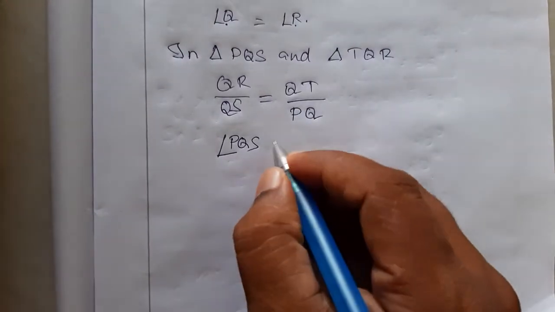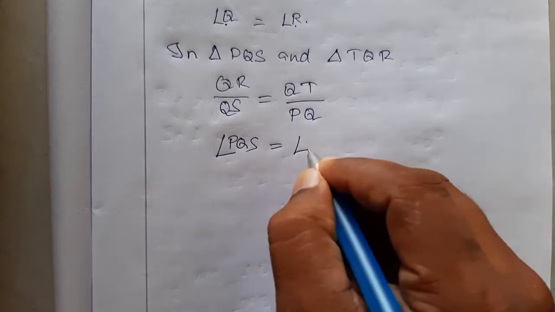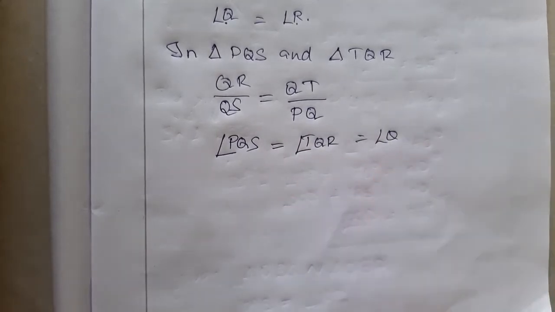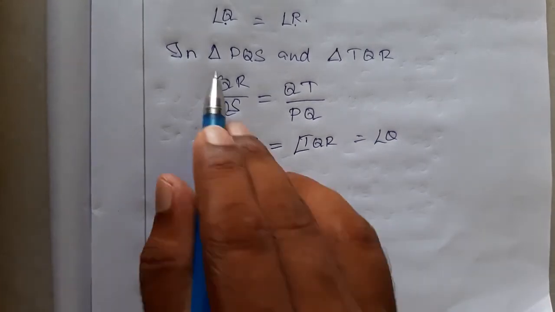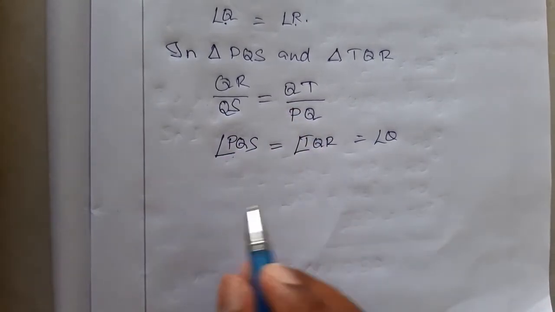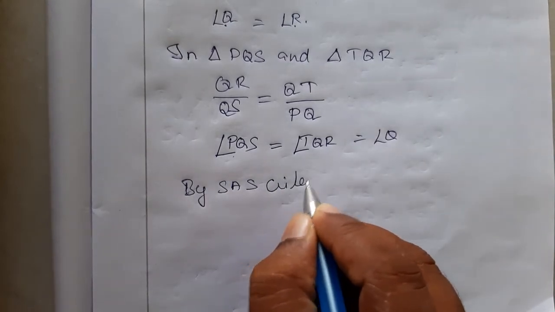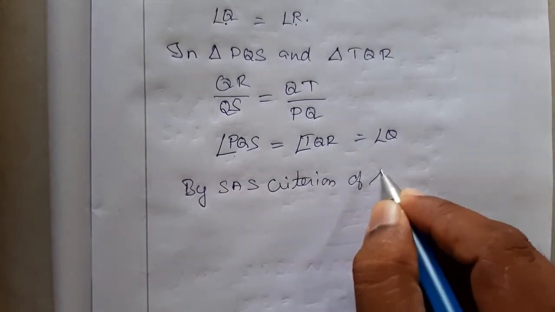We don't need the angle number, but it is anyhow the same. Angle TQR is equal to angle Q. Both are the same. So by SAS, these sides are also included in this angle. So by SAS criterion of similarity,